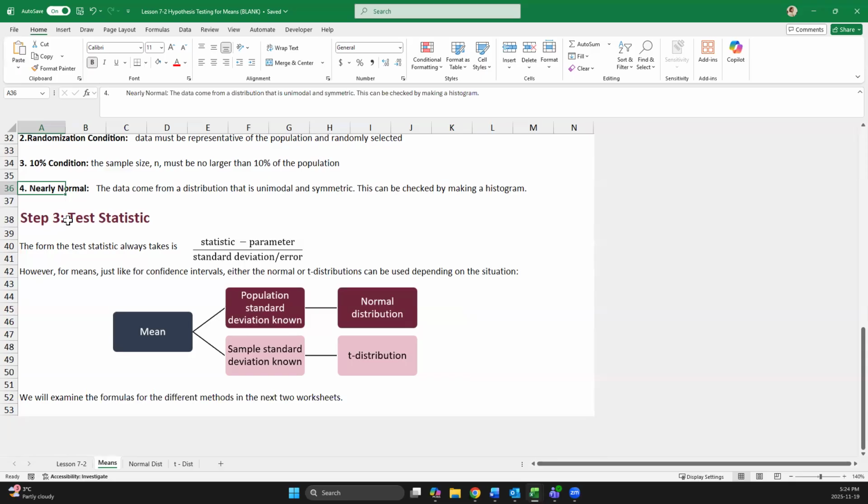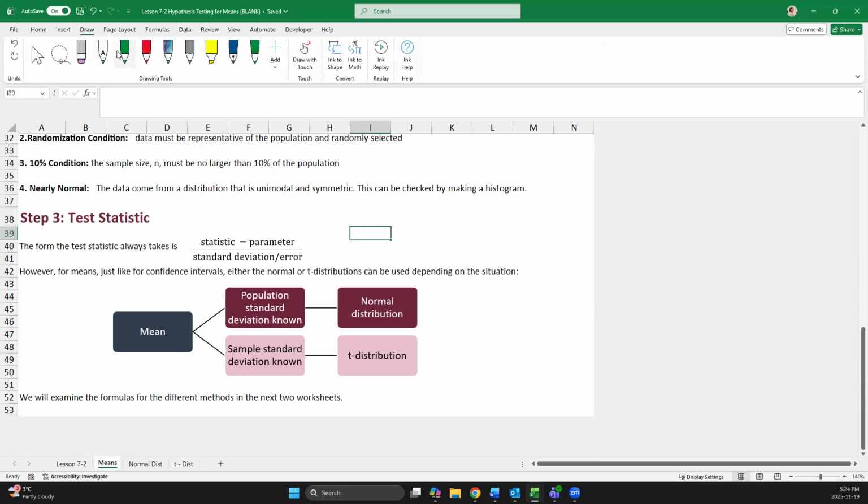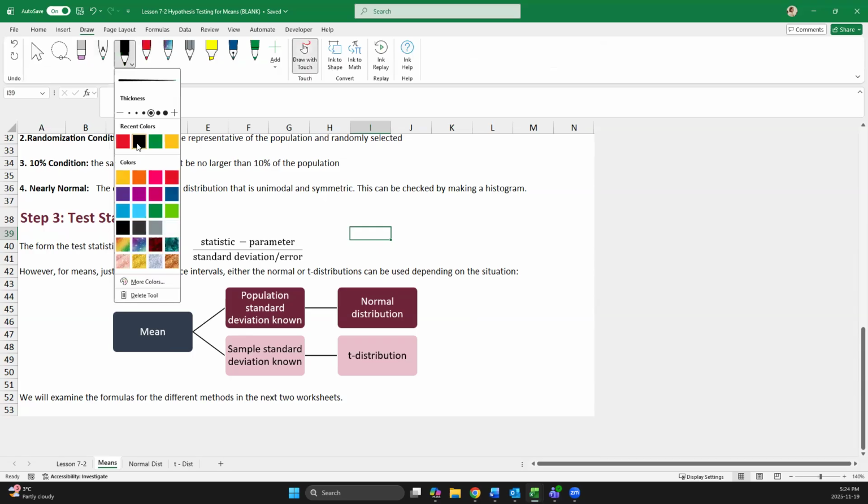Finally, as I mentioned earlier, the test statistic will need to break down into more steps for calculating because the formula varies for the mean depending on what information you're given in the question and the situation. The test statistic will always have the form that you take the statistic minus the parameter and divide by the standard deviation or standard error. But when we're talking about the mean, if you actually know the population standard deviation, the one that we call sigma, our Greek letter s for standard deviation,